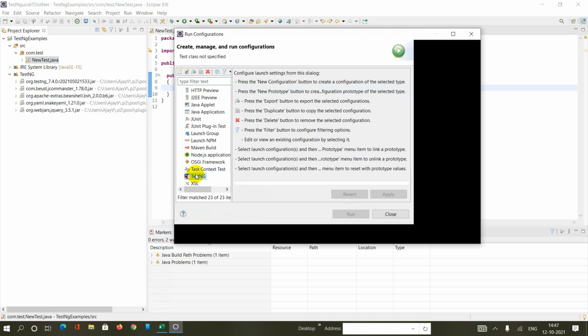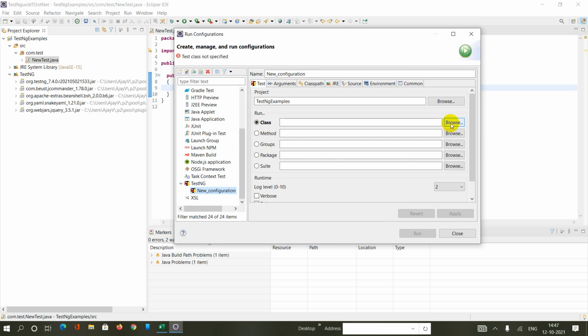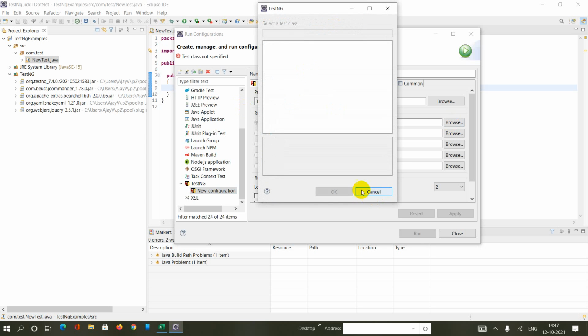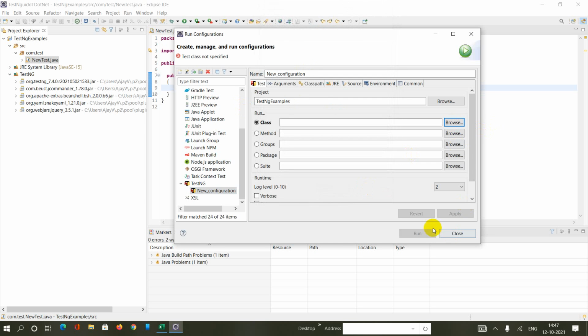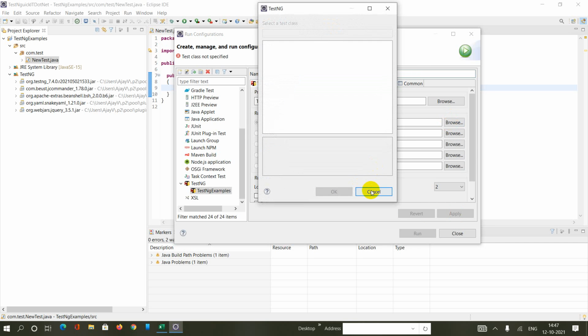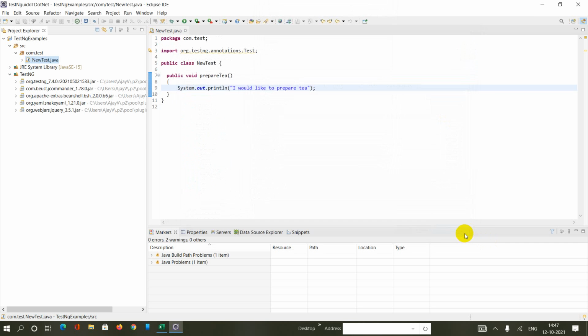Choose TestNG and name the configuration my TestNG examples. Right, and then I would like to run this test case.